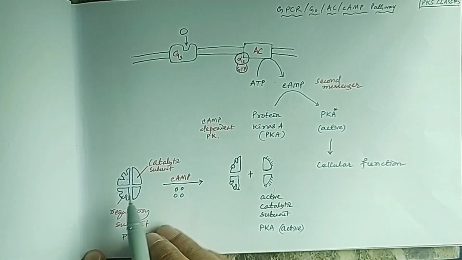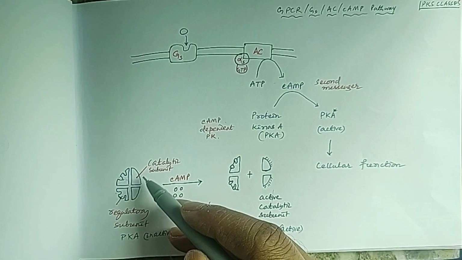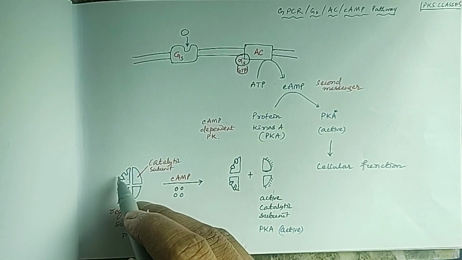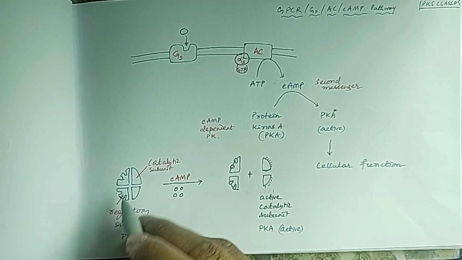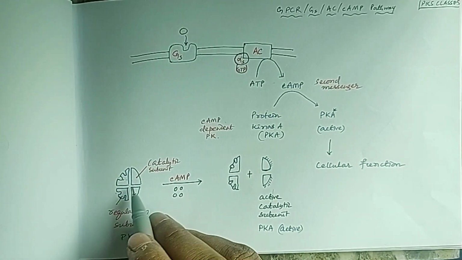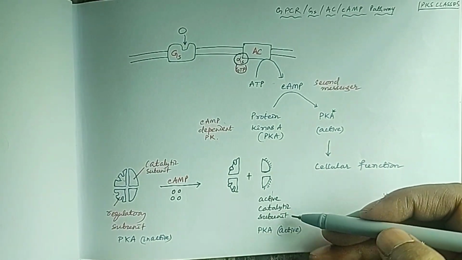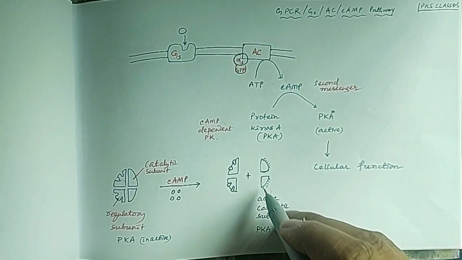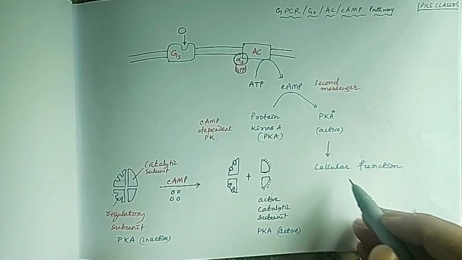This protein kinase A enzyme has two regulatory subunits and two catalytic subunits. Cyclic AMP binds to each of the regulatory subunits. So 4 cyclic AMP can bind to these two regulatory subunits, and it will release the catalytic subunits, which are active. So, active catalytic subunits. When we say protein kinase A is activated, that means these two active catalytic subunits are released